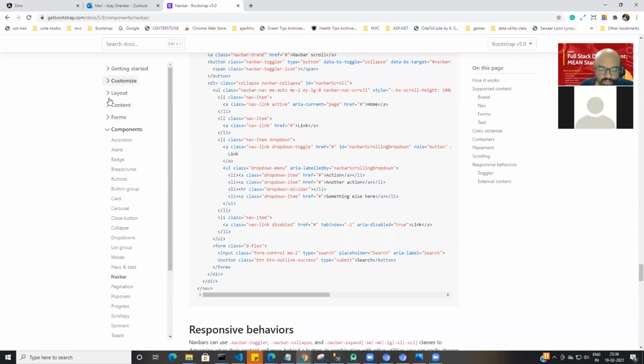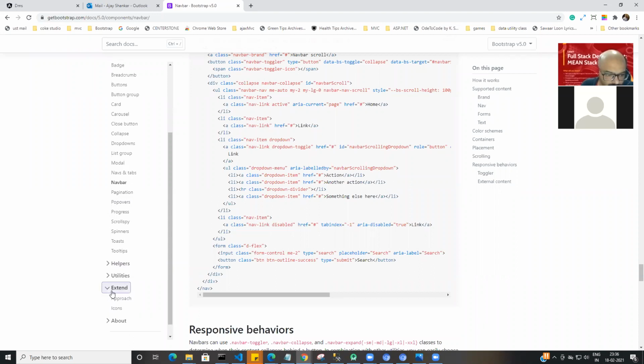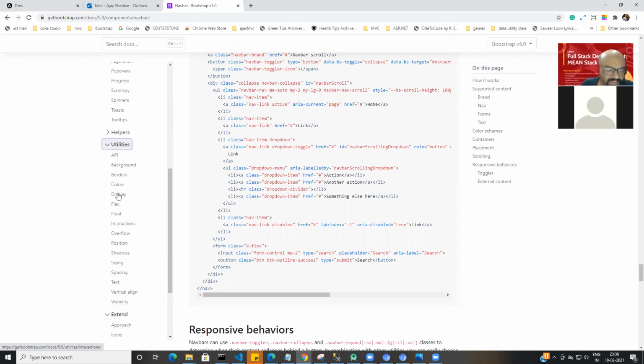So let's see, can we do something else? Pagination, progress, help, extend, about, no. Utility, vertical alignment, float, flex, display, color, background.